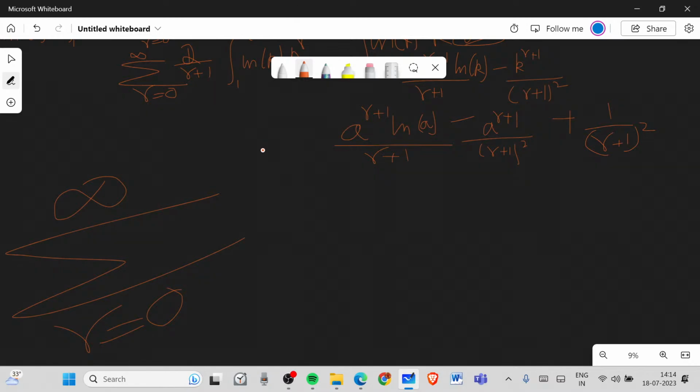So r is 0 to infinity, 2 by, and putting r plus 1 inside this result, it's a to the power r plus 1 ln a by r plus 1 whole square minus,